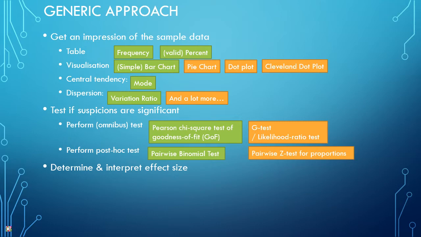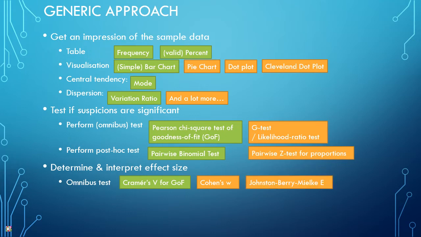Then I would like to know the effect size, because APA always likes to use effect sizes or likes you to add them in. So for the omnibus test, we can use Cramér's V for goodness of fit. Again, similar as with the Pearson chi-square test, also with Cramér's V, there are two different ones, one for the goodness of fit, one for the test of independence. Alternatively, you can use Cohen's W or Johnston Berry-Mielke E, but that one is slightly less familiar to others, so